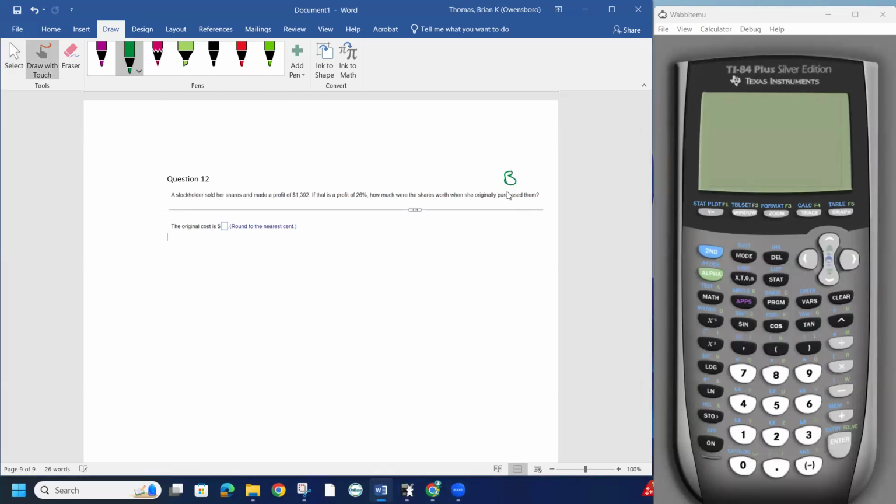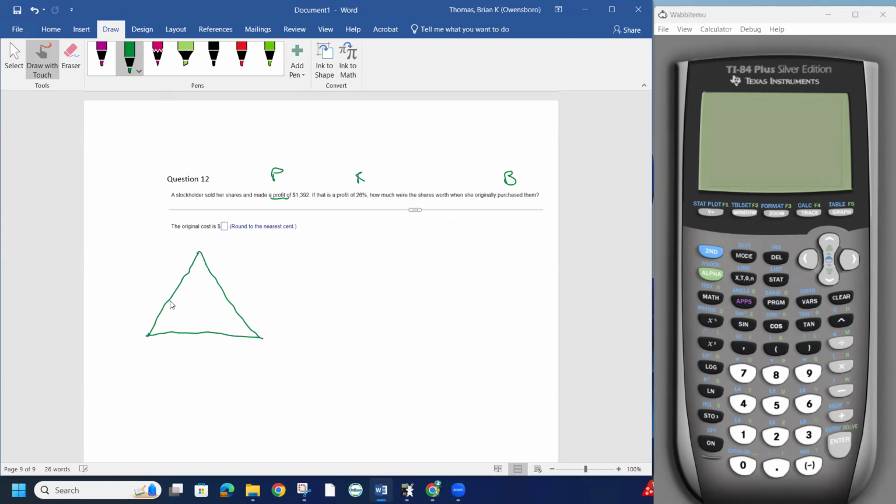So the base amount is the original purchase. The profit is actually a portion of what she made off of her investment, if you will. So that profit is the portion. And then the rate of interest is our rate. So if we piece this all together,